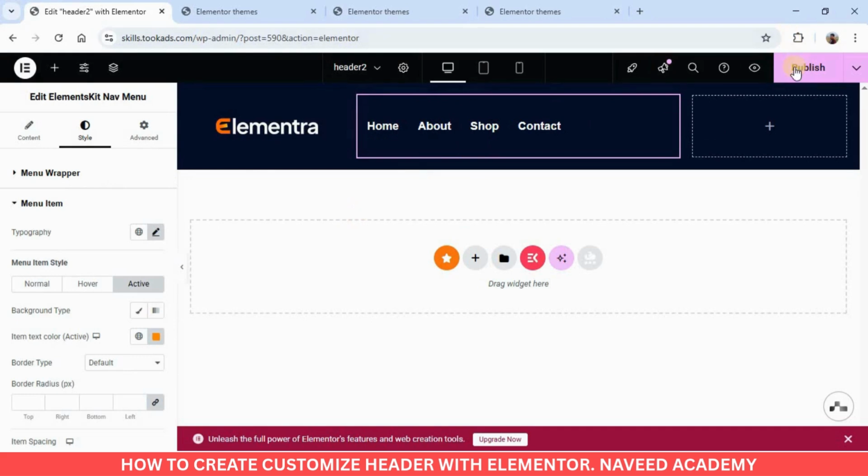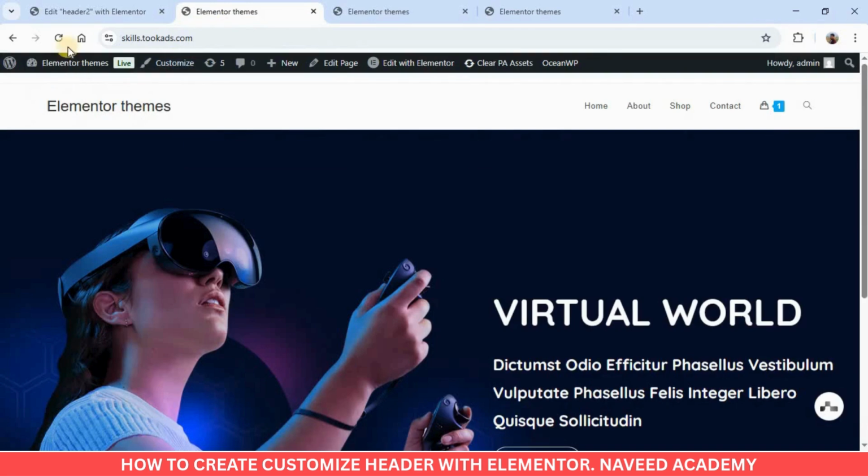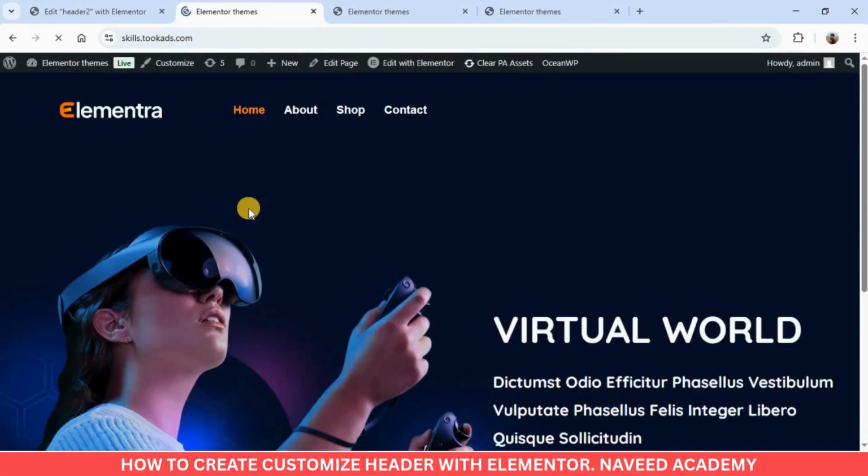Now we need to check it, go to publish and then go to preview page and refresh your page. You can see that we have a logo on left side, we have navigation items, we also have set the active nav color and we also have set the hover nav color.